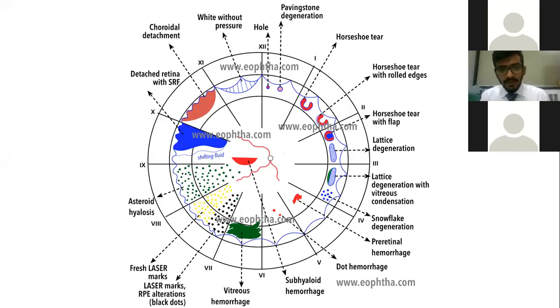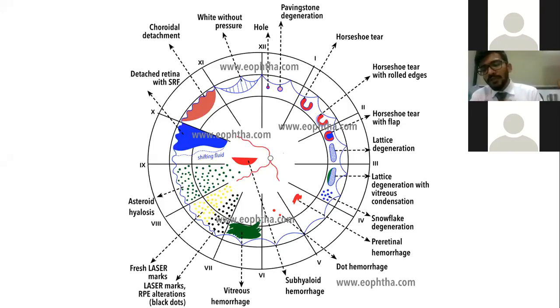Any CD is brown. Now, when charting a RD, you need to understand charting a RD is the most important for any retina surgeon because the surgery you decide depends upon the extent, where the break is, and what the parameters of the RD are. So generally during the charting, you should see in the periphery till what clock hour the RD is extending.